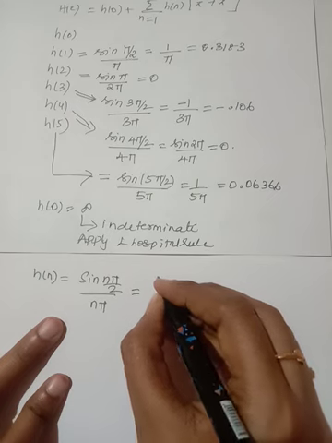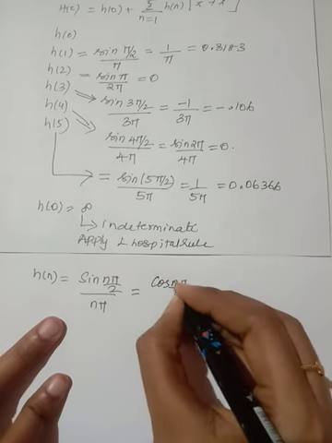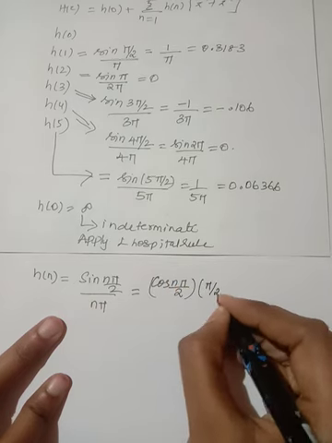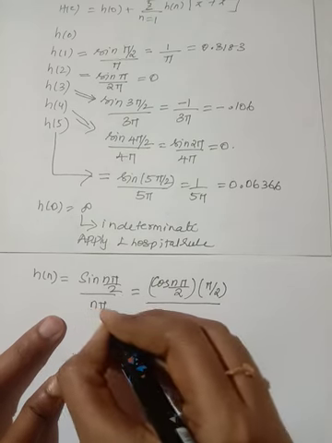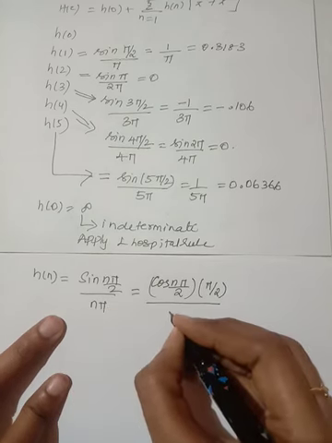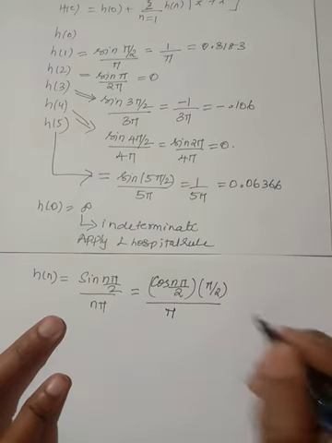So what I will get here is cos n pi by 2. Instead of x, here I am having n. So what will be the coefficient you will get? Into pi by 2. So here it is pi x I am having. When I differentiate pi x, what I will get? I will get pi, right? Similarly, I am getting pi here.